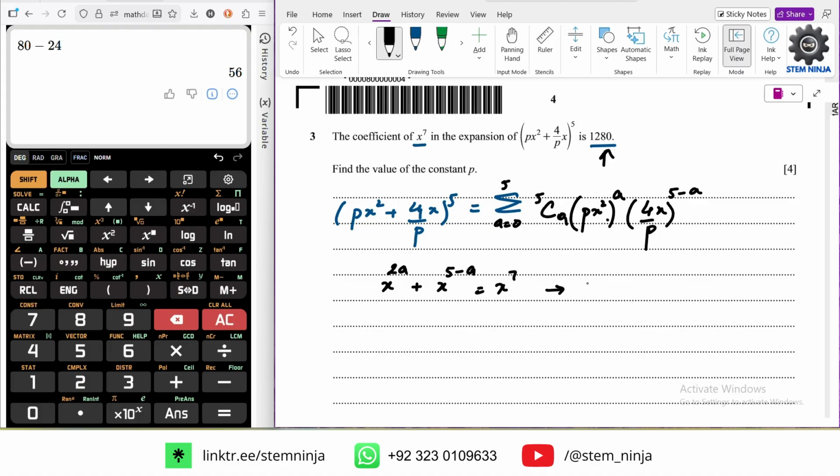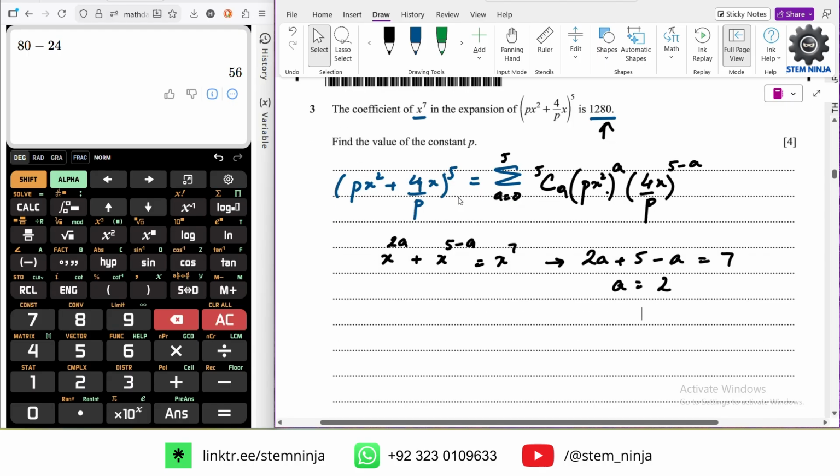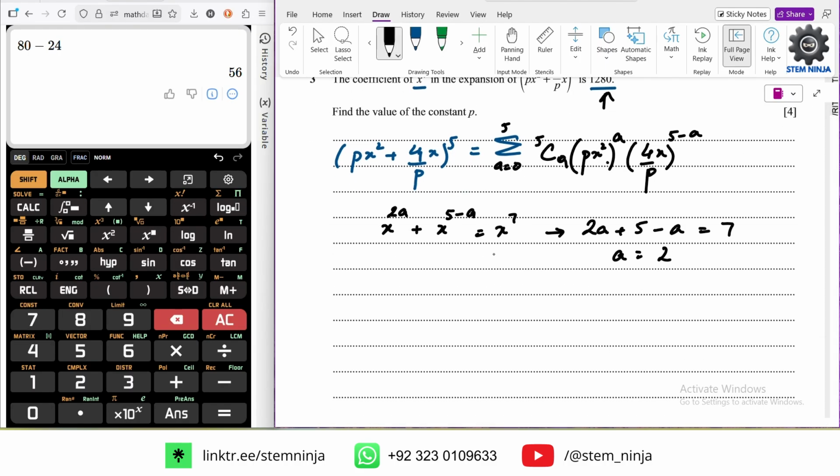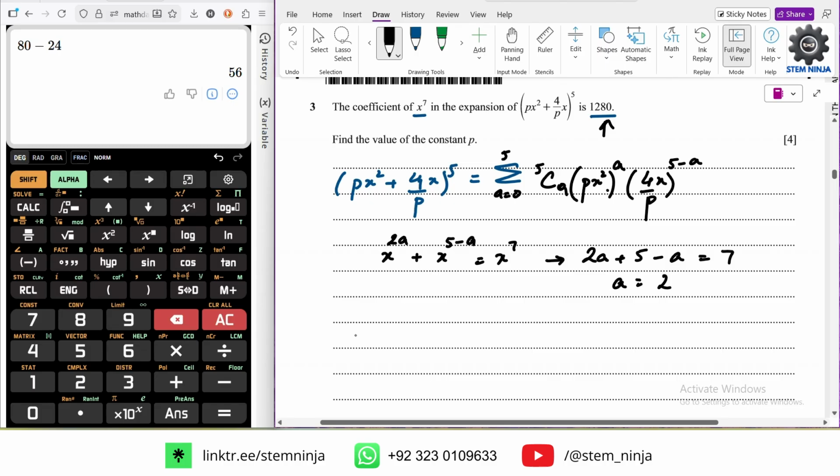So this means that 2a plus 5 minus a equals to 7. So a is equal to 7 minus 5, 2. So that means it's the second term in this order. So therefore it would be, or n is equal to 2, whatever the term number is. This is going to be 5c2 times by p squared, like obviously this a is 2 now, so x raised to power 4